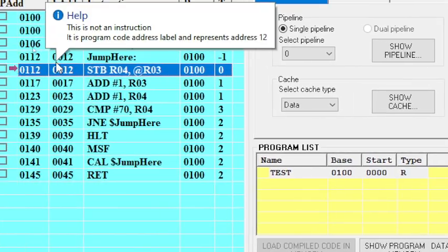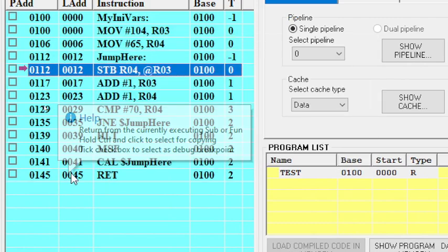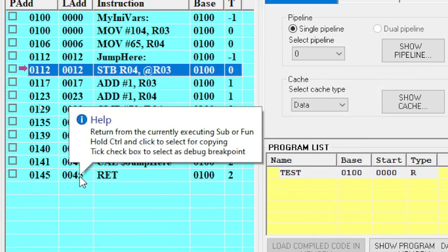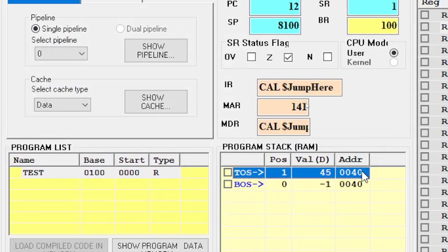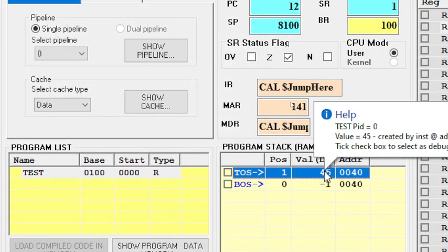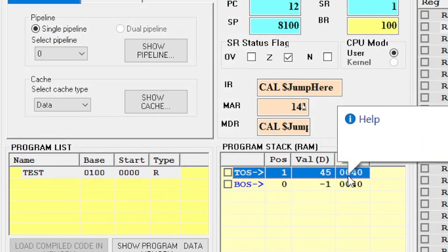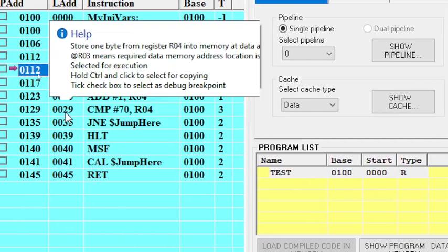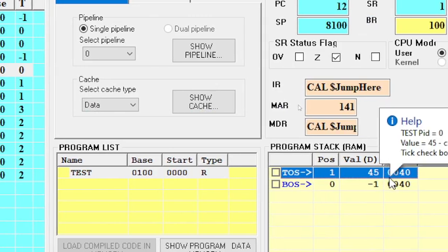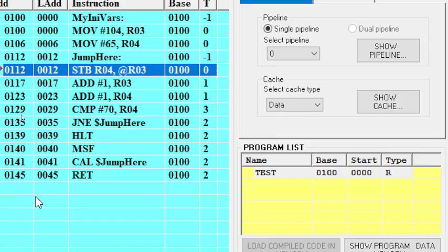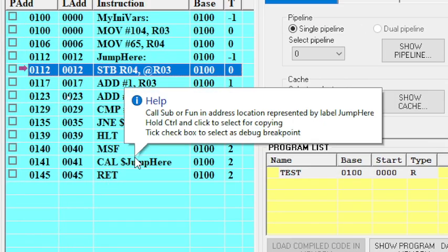So it will save the 45. That's why this 45 automatically comes here. See, meaning the address 40, which is the mark frame, will save the 45, which is the return value after the call.